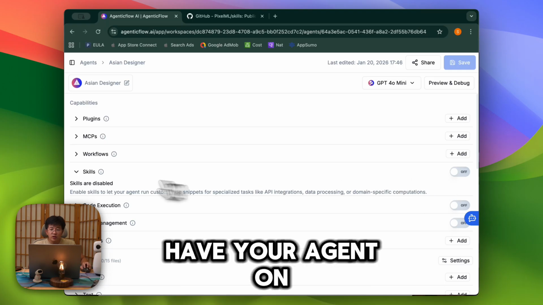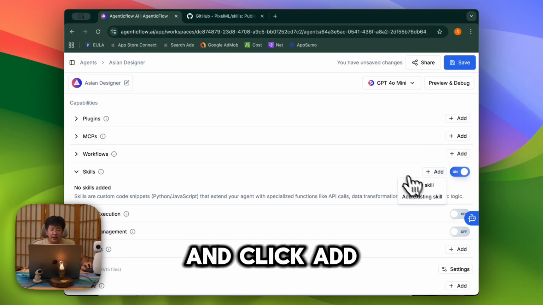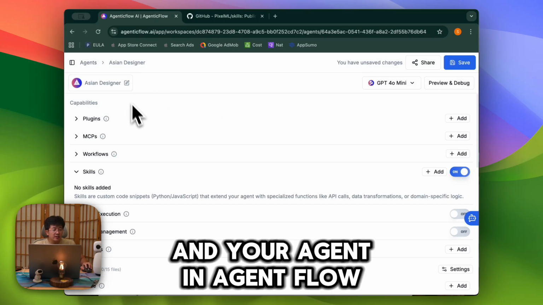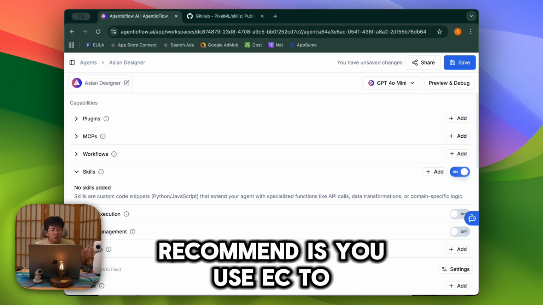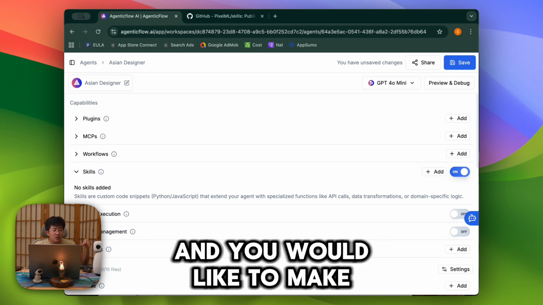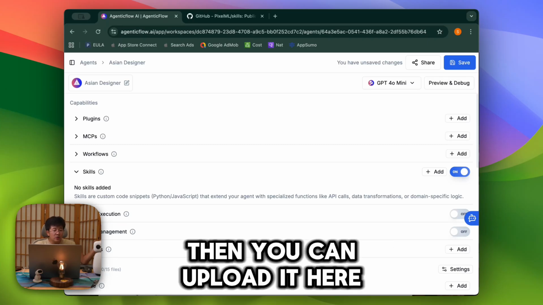So if you would like to have your agent on AgenticFlow use skill, you can also click in here and click add and just drop the zip file of the skill in here, and your agent in AgenticFlow will have that skill as well. So the workflow that I would recommend is you use Ishi to test a skill, and if it's working for you and you would like to make your online agent do this, then you can upload